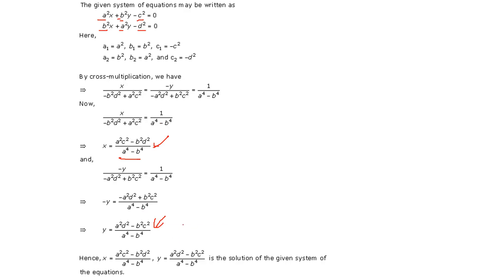There is a question actually, which says 57 by x plus y plus 6 by x minus y equal to 5. So we have assumed this 1 by x plus y as u. So it will be 57u plus 6v equal to 5. And bring 5 here. So it will be 57u plus 6v minus 5. The other expression was 38 by x plus y plus 21 by x minus y equal to 9. So take 1 by x plus y equal to u. So it is 38u plus 21v equal to 9. Bring 9 here like this.